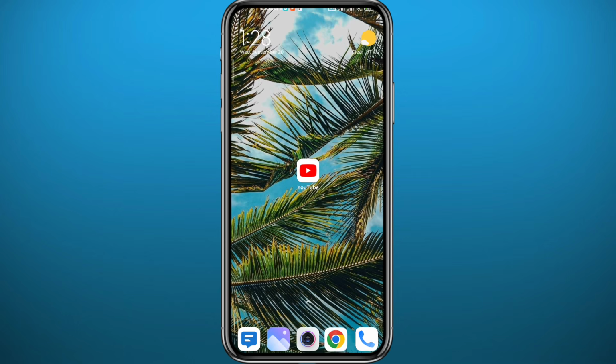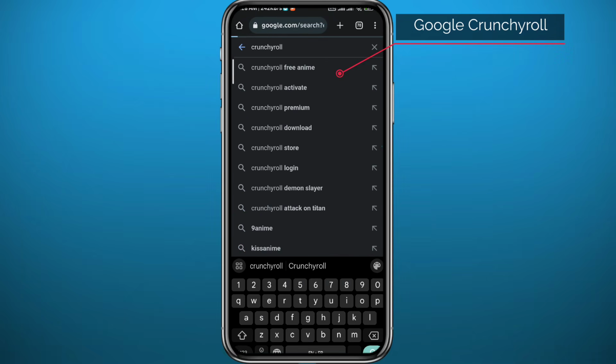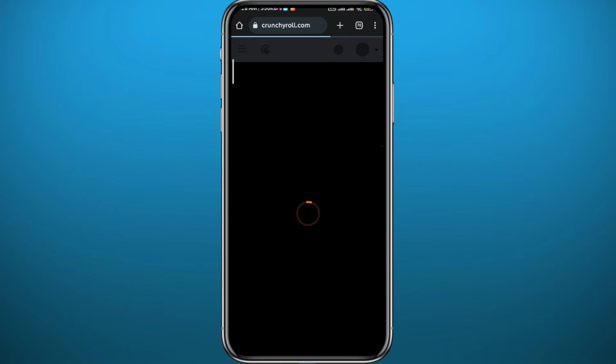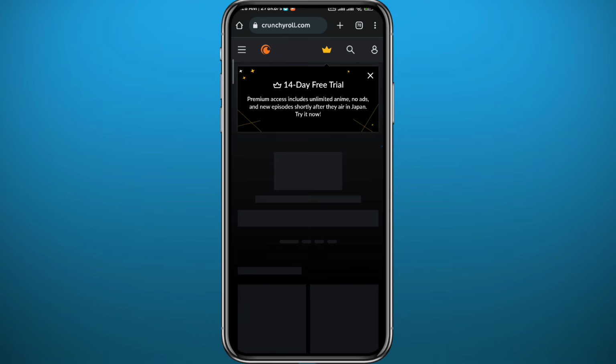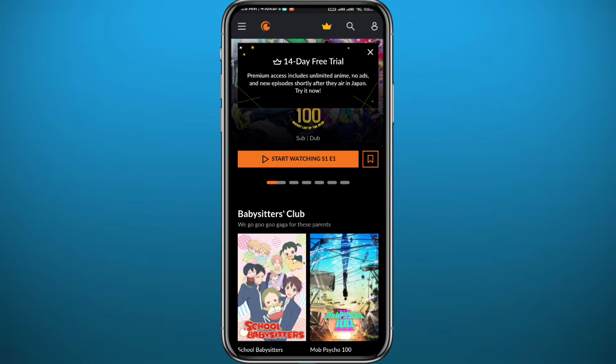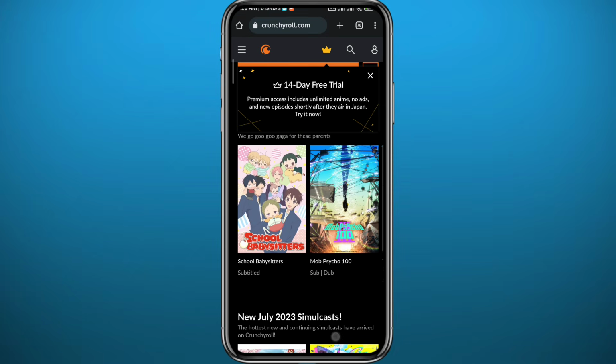First, go ahead and open your browser and search for Crunchyroll in the Google search bar right there. Go ahead and open the first website that pops up. Once it fully loads up, just find the anime that you want to watch. It's literally as easy as that. Just scroll down. You can even search by tapping the search icon in the top right corner, or just choose